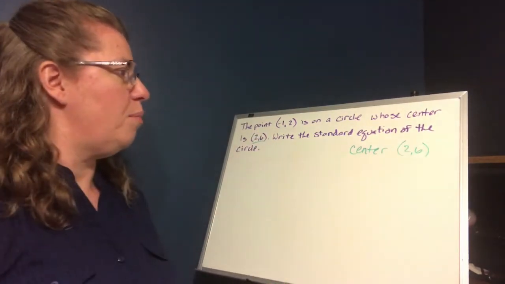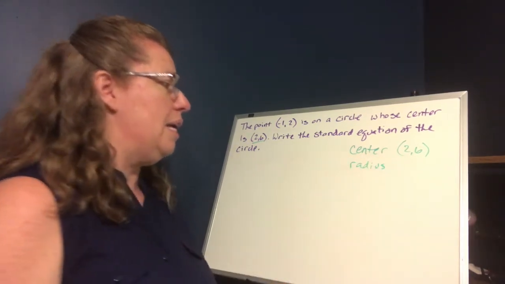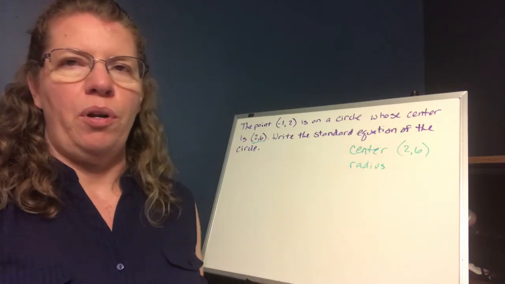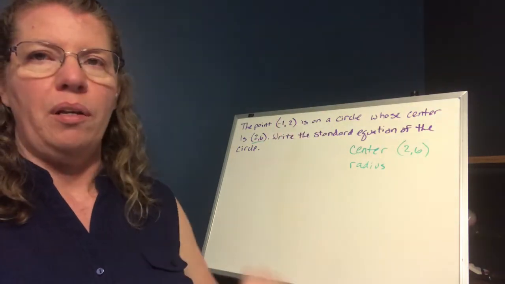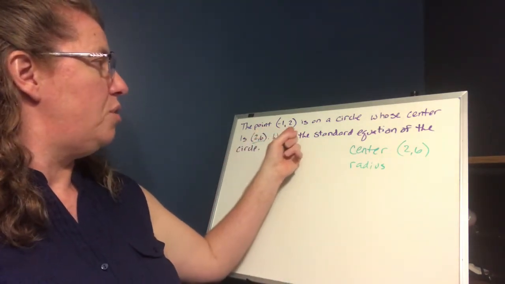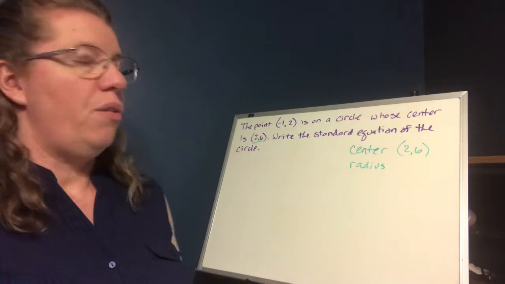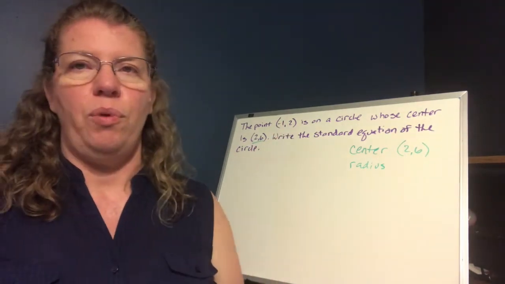So we're good there, but we don't have a radius. Okay, so if you remember from earlier what a radius is, it's the distance from the center of our circle to a point on the circle. Well, fortunately, they gave us a point, (-1, 2), that is on our circle. So if we can find the distance from our center to a point on the circle, we actually will have